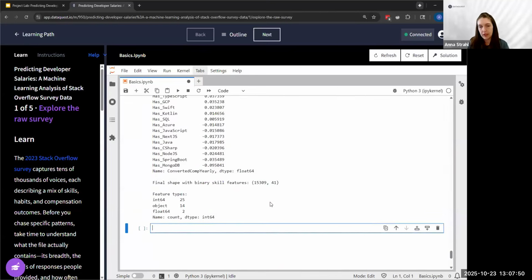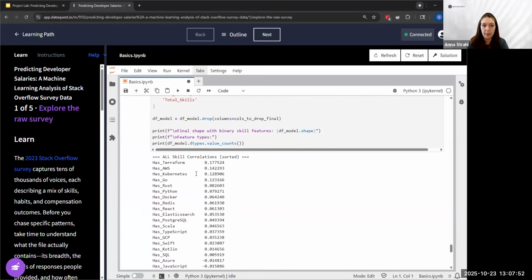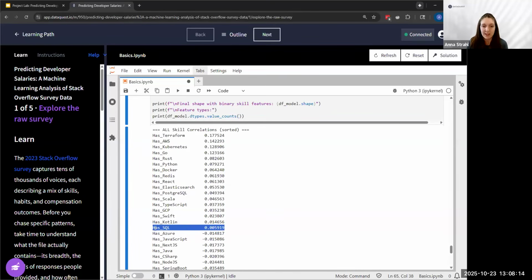Okay, now let's look at the correlations here. So based on our new Boolean has-this-skill-or-not columns, the highest correlation with salary is Terraform, followed by AWS, Kubernetes, Go, Rust, Python. And none of these are very, very strong correlations. Some of these are, in fact, negligible correlations.